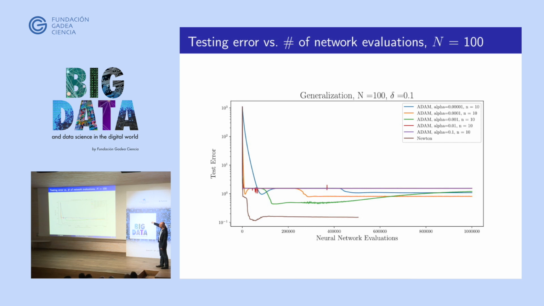It decreases, and over here we're not plotting iterations because Newton iterations are not the same thing as gradient descent iterations. The gradient descent iteration is much cheaper. So you have to take into account that Newton does more work per iteration. And so you write everything in terms of how many times you sweep forward through the neural network. And the problem with these Adam methods is that there are hyperparameters that need to be tuned. So these are different values of the step length.